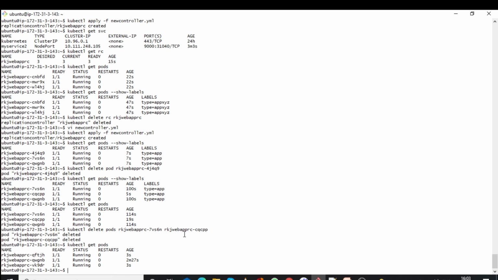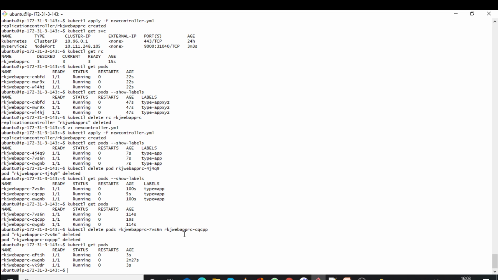The key difference between the replica set and the replication controller is that the replication controller only supports equality-based selectors, whereas the replica set supports set-based selectors. In replica set we are going to discuss it briefly.